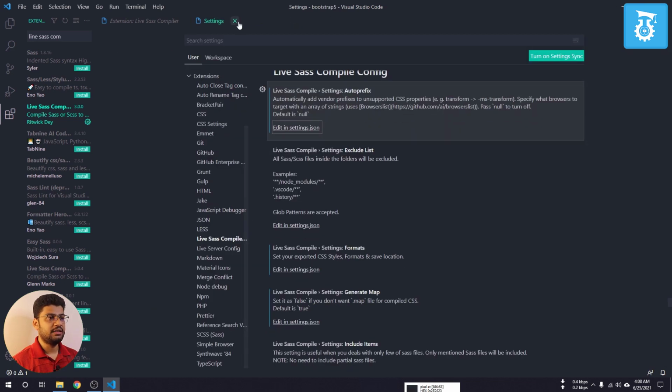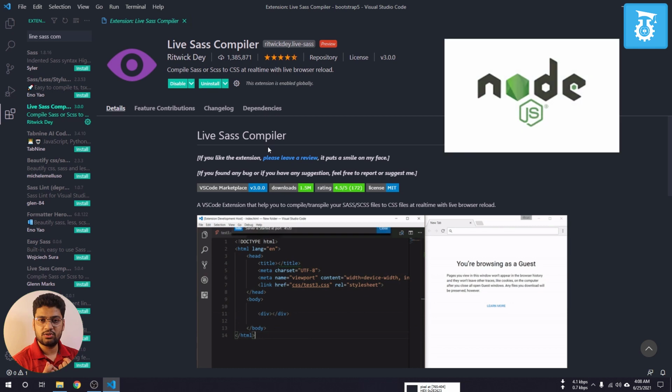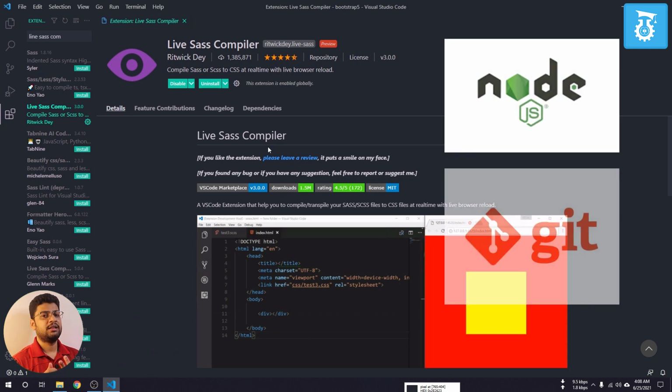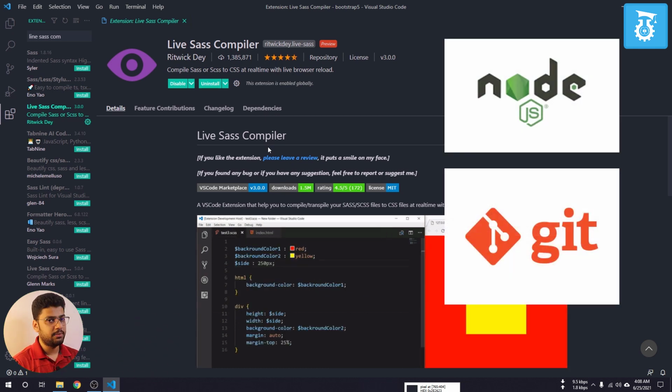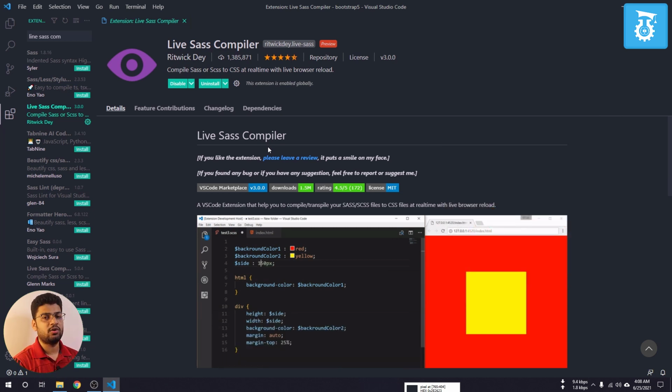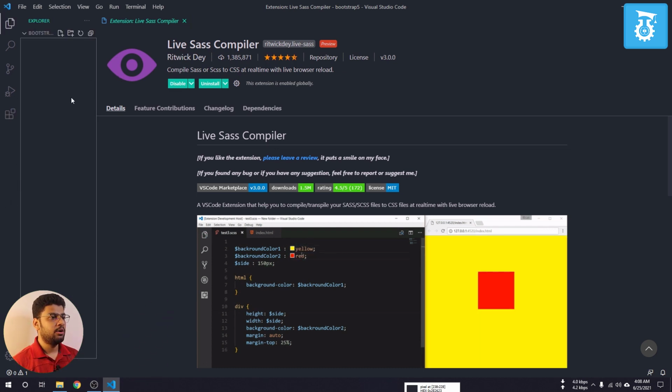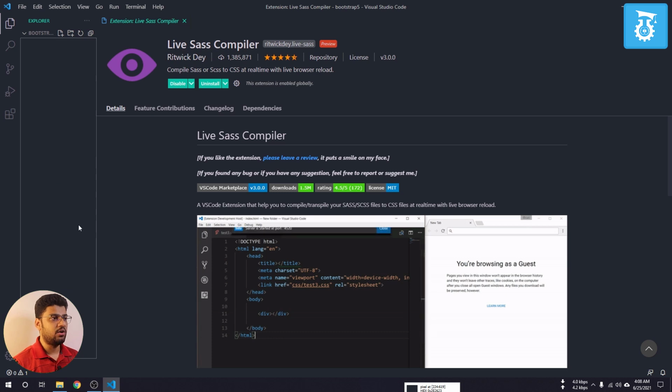So now I think you are ready. You need three things. One is you need to download Node.js. Another one is you need to download a terminal, which can be bash, as well as you need to install the Live Sass Compiler on your code editor. In my code editor, VS Code, I need to install that. So now I think you are ready. Okay. Now at first I need to install our JSON file.